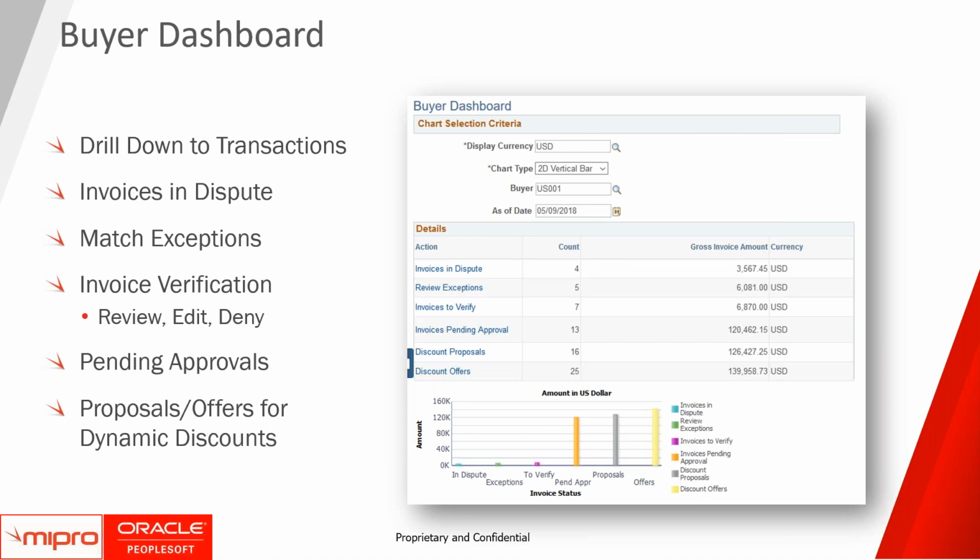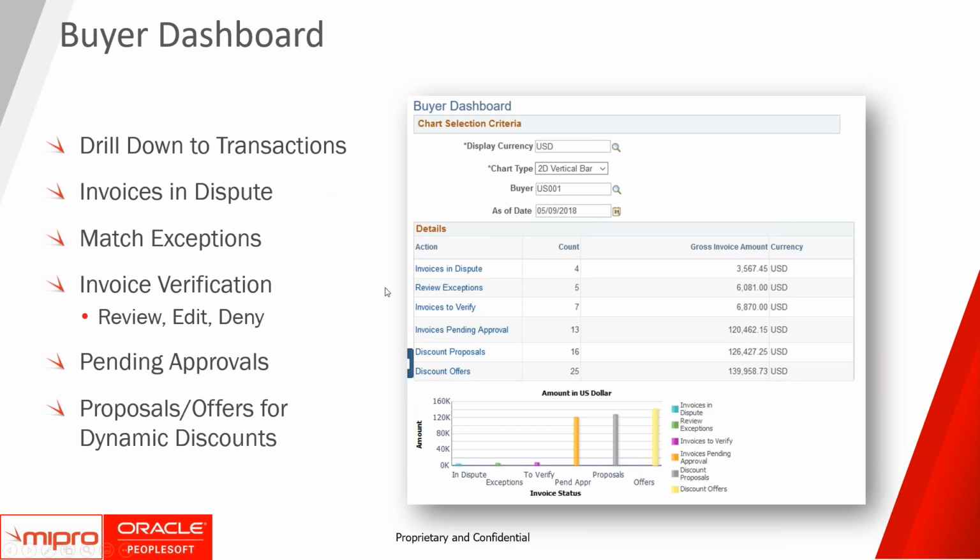There are dashboards and inquiries delivered throughout the application. Here's an example of the buyer dashboard. So this is a dashboard within your organization. And again, when we say buyer, it could be accounts payable personnel utilizing this. It could be procurement or purchasing personnel. It really comes down to the fact that multiple people can utilize this information depending on their relationship and responsibility